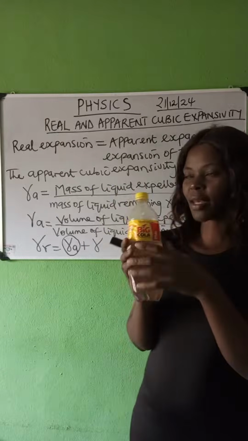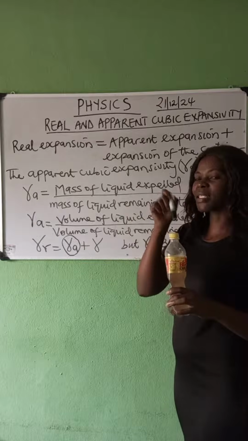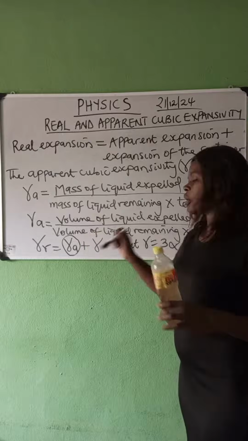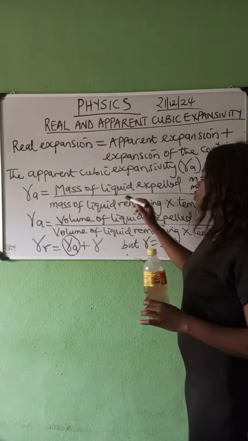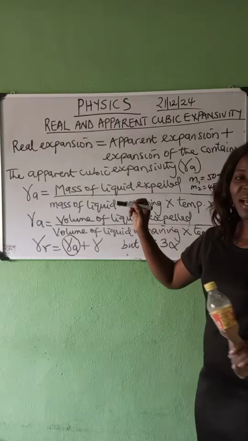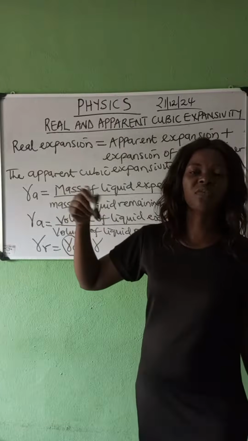Is that clear? Now, this is the apparent cubic expansivity. Apparent means it is inside. Apparent cubic expansivity of the liquid plus the expansivity of the container. Is that clear? And when we are heating the liquid, the mass is going to reduce. Why? Some of the liquid is being lost through the process of